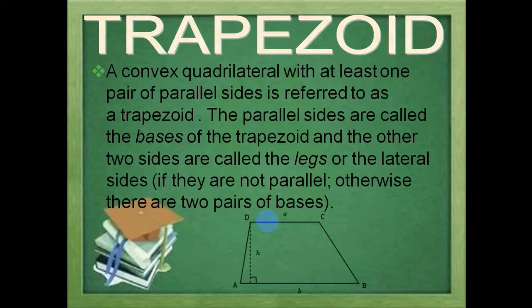So, dear students, you see over here, this is a parallelogram. This is a trapezoid. Trapezoid is also a quadrilateral. Quadrilateral means it has four sides. In a trapezium two opposite sides are parallel and two opposite sides are non-parallel. So this is called a trapezium. A trapezoid is a geometrical two-dimensional shape in which two opposite sides are parallel and two opposite sides are non-parallel. So this is the shape of a trapezium, of the trapezoid.